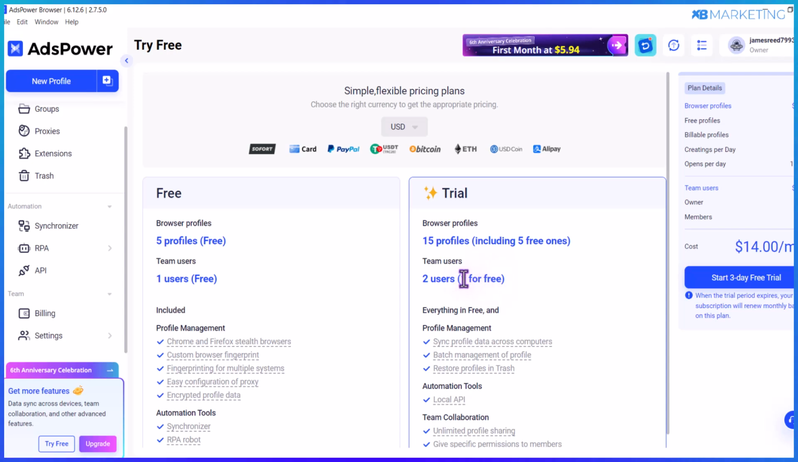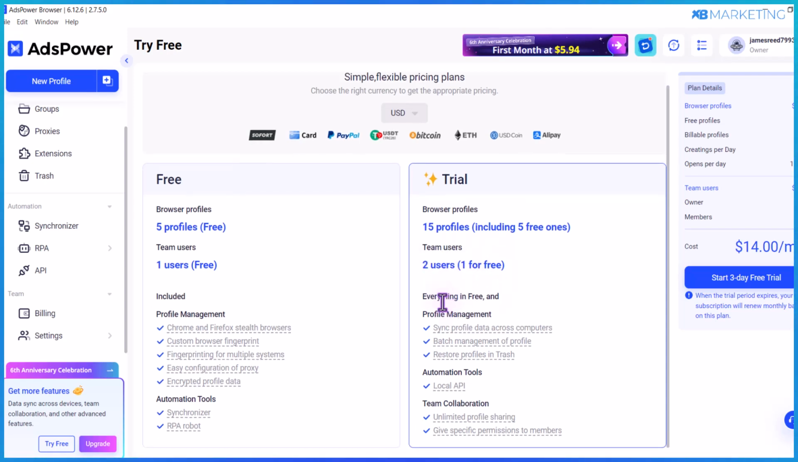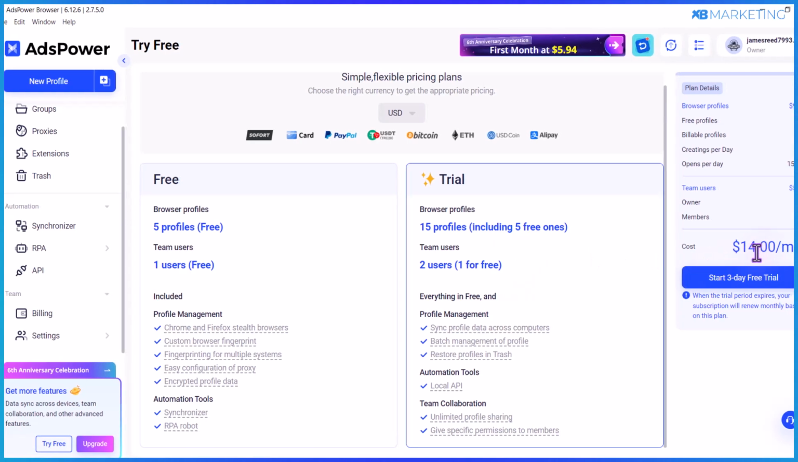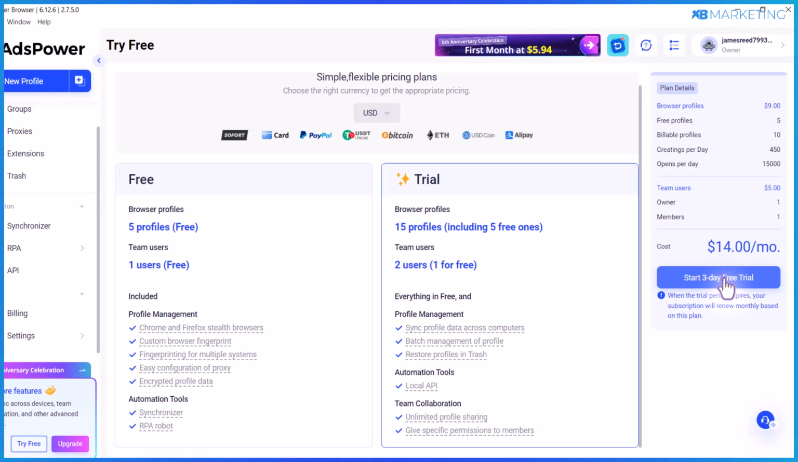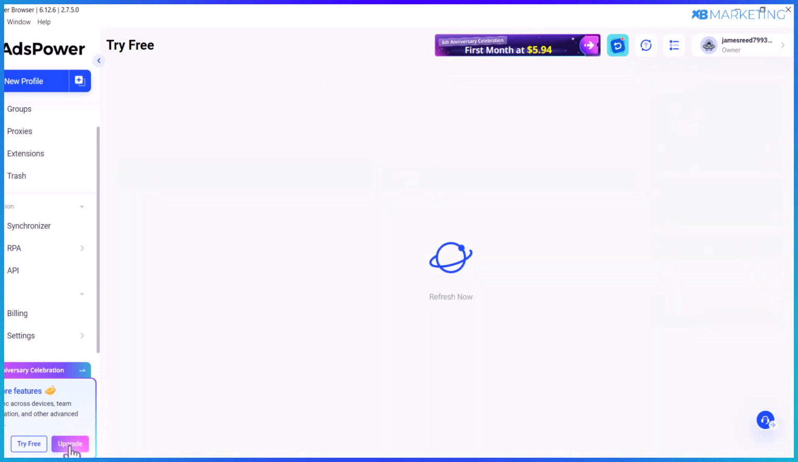and 2 users, which means you can add a manager to your account, which is going to help you manage your profiles without you having to do all the work yourself. And as you can see, this costs just $14. And as you can see, you can start a 3 days trial if you want to do that. However, if you need more than 15 profiles,